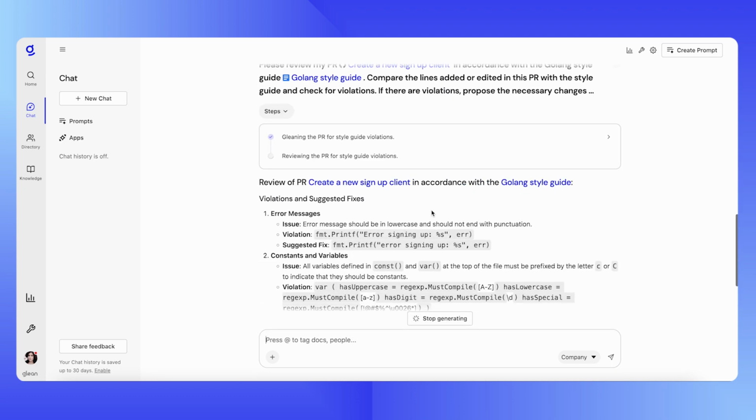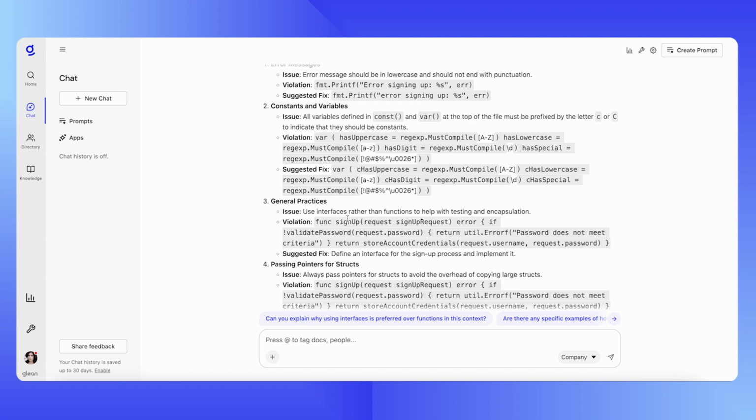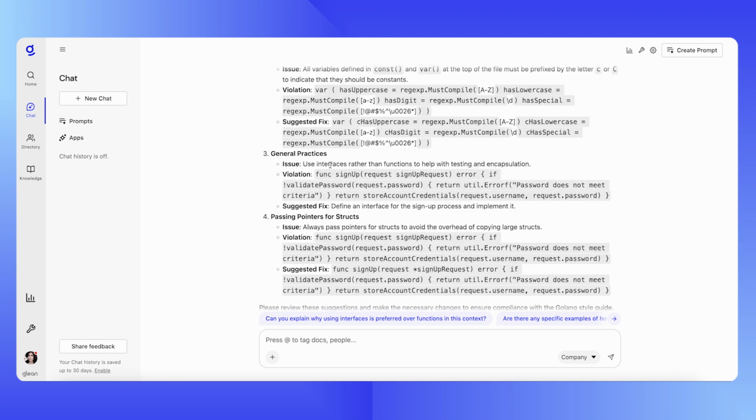So it looks like Glean Chat has raised a number of issues that it found in my PR. The first being error messaging should be lowercase and not ending with punctuation. It looks like in my PR, my error messages were in uppercase. Another issue was that constants and variables at the top of the file should have been prefixed with the letter C. Something else I'm seeing is that Glean is telling me that I should use interfaces rather than functions,